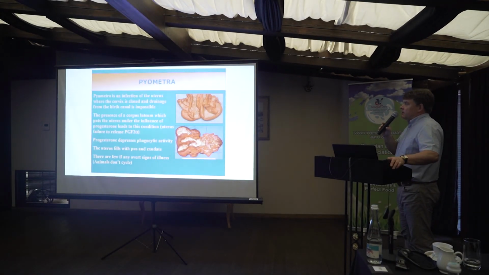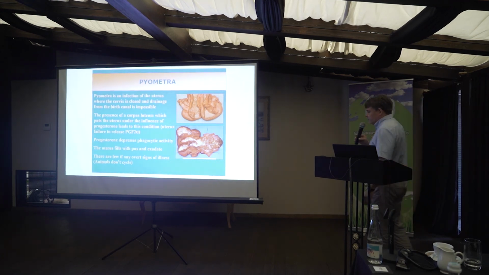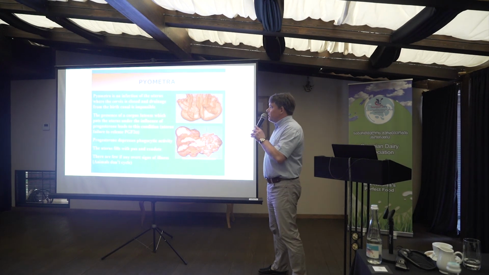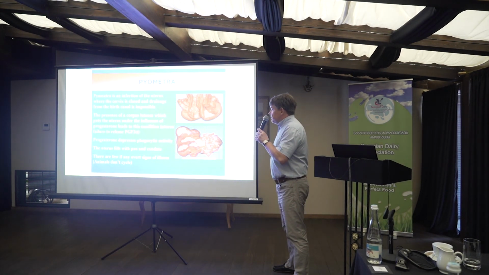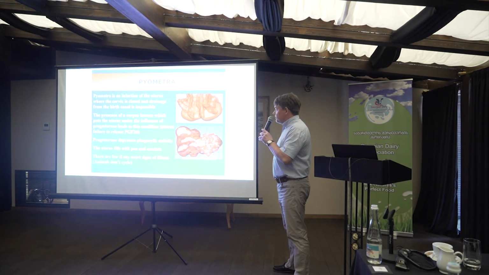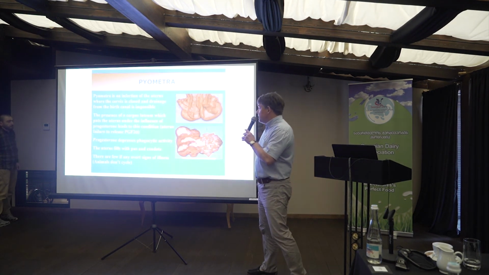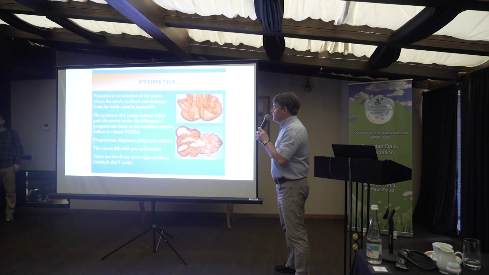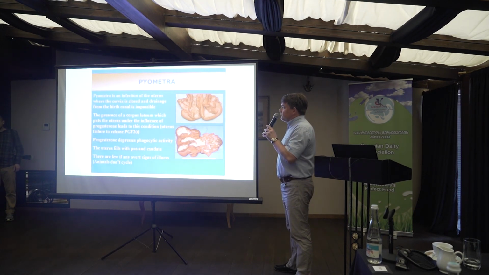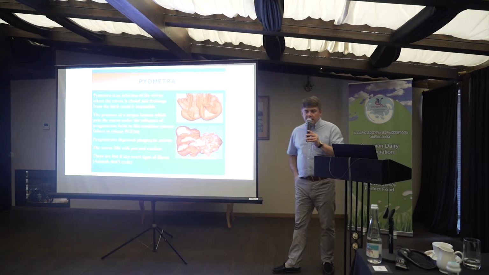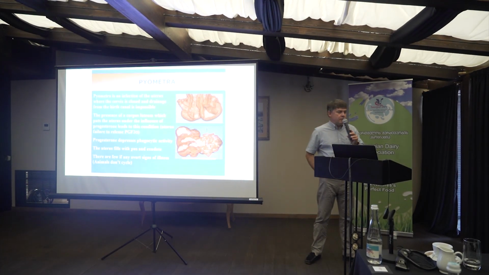And this is the picture of the biometer. You will see that the uterus is open here. The cervix is closed. The cervix here is not visible, but here the cervix is visible. This is closed, but there is quite a lot of purulent exudate inside the uterine lumen. There is always a corpus luteum in the ovary.